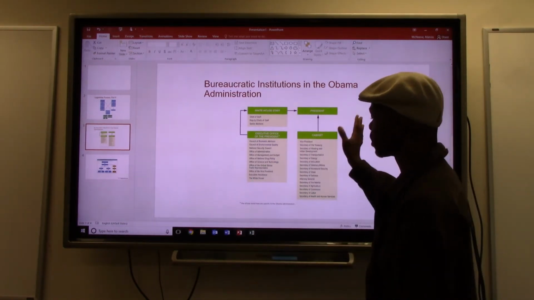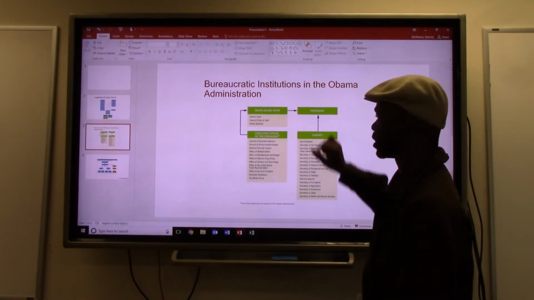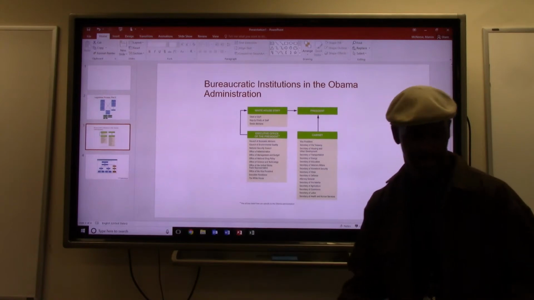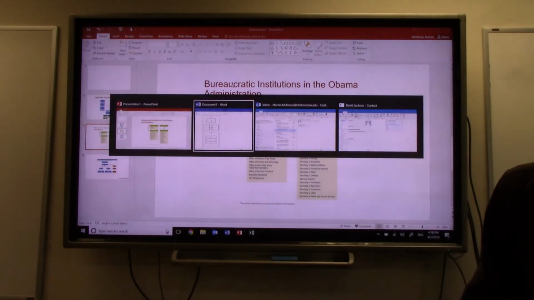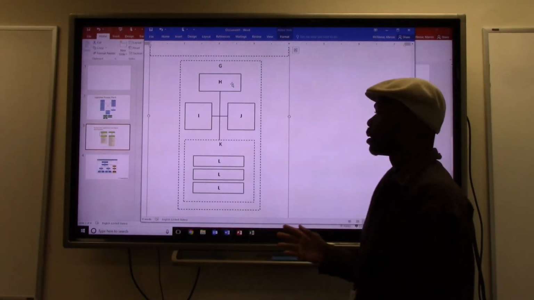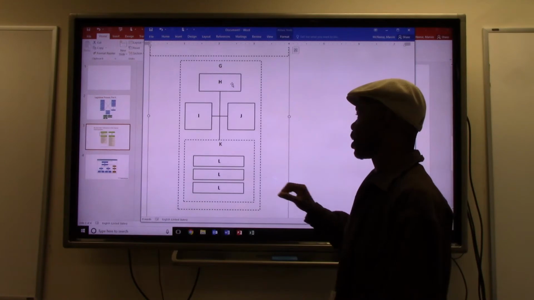The textbook tells you all about that, so I won't get into that. But the point is, you have these two offices feeding directly to the president, advising the president, all right? And then you have this third one. So as far as where they fit on the diagram, it probably would have been a little bit of trial and error. But if you had read chapter 7, where it talks about the bureaucracy, you may have realized that